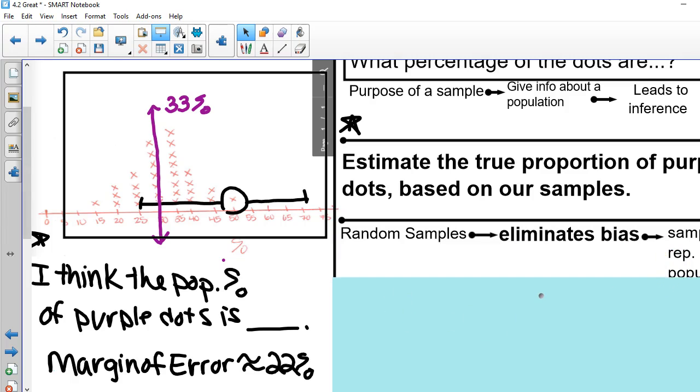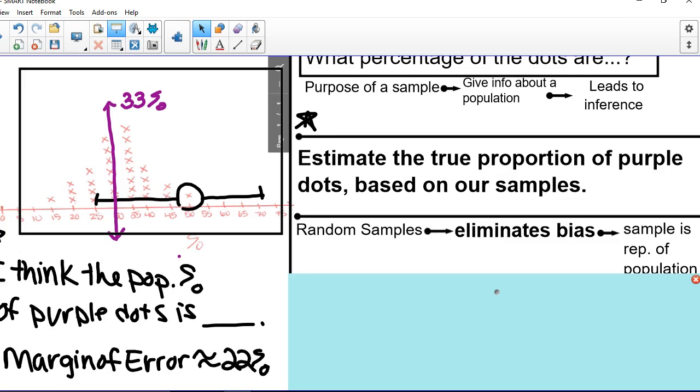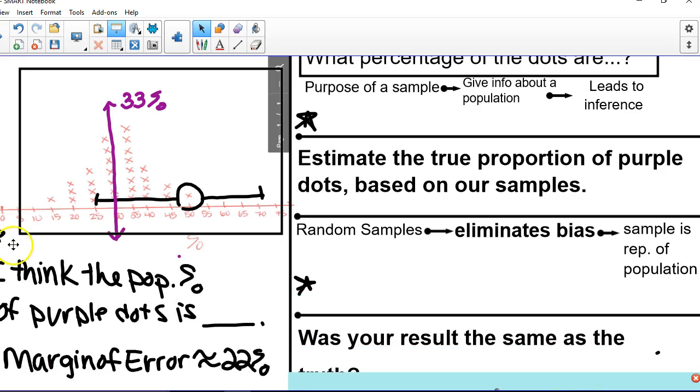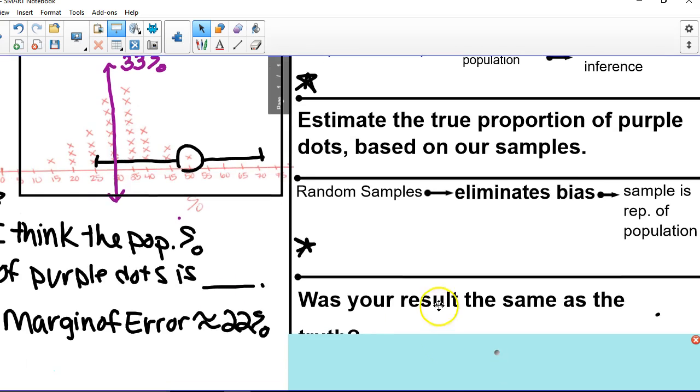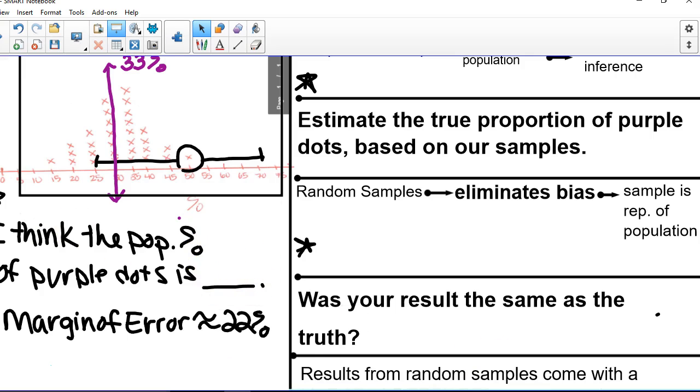Then we talked about what's the purpose of that random sample. Well, the purpose of that random sample is to eliminate bias, right? We want the sample representative of the population, the chili example. You want to stir the chili before you take the bite. I then gave the actual truth about our population. Our population, 33% right here, of the dots were purple. Right here, the sentence, I think the population percentage of purple dots is blank, was your guess earlier. You don't need to write that down in your notes. Okay. Now what I talked about,